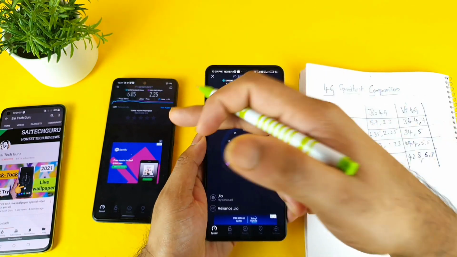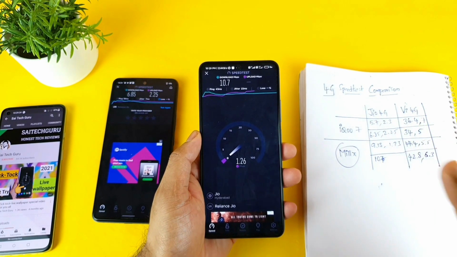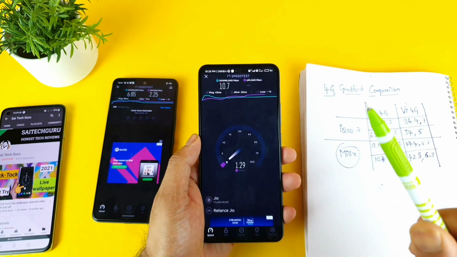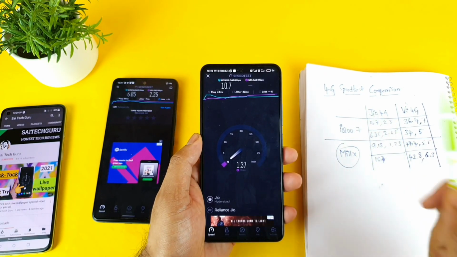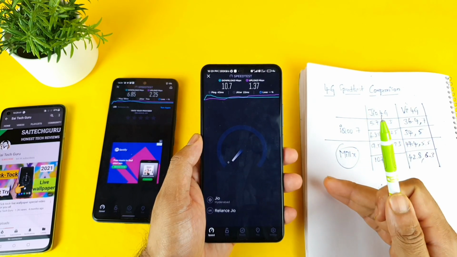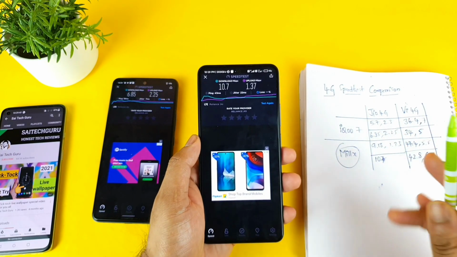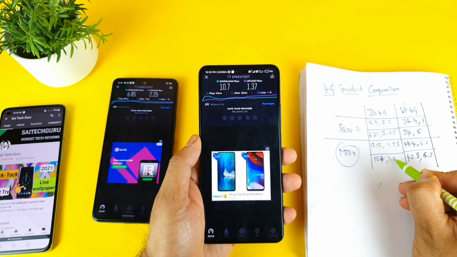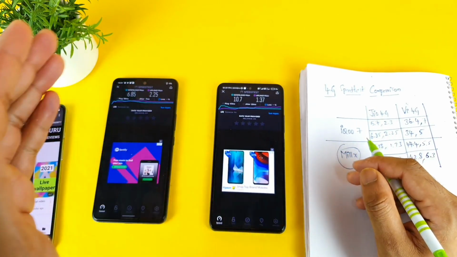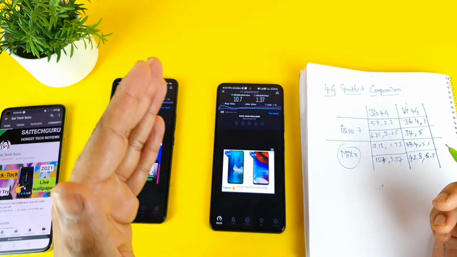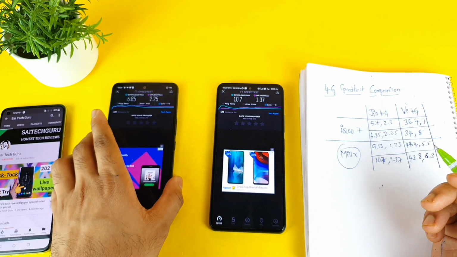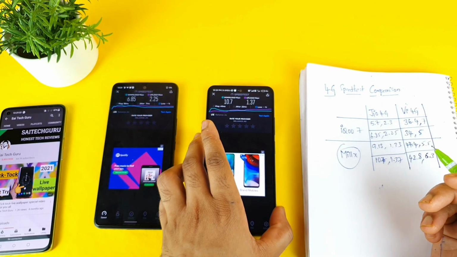So in case you have the iQOO 7 device and you are getting 50 and 60 Mbps, and at the same point you try the Mi11X phone, you will get about 90 and 100 Mbps. That is what I'm trying to talk about. If you get 30 and 40 speeds in the iQOO 7, you will get 50 and 60 in the Mi11X device. So definitely the speeds will be kind of double.